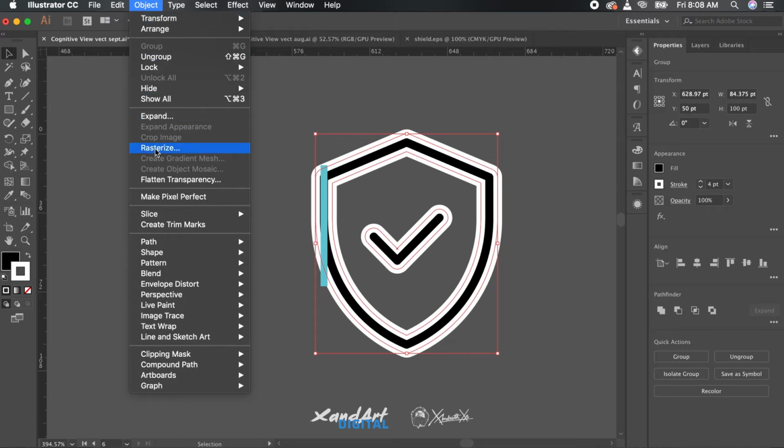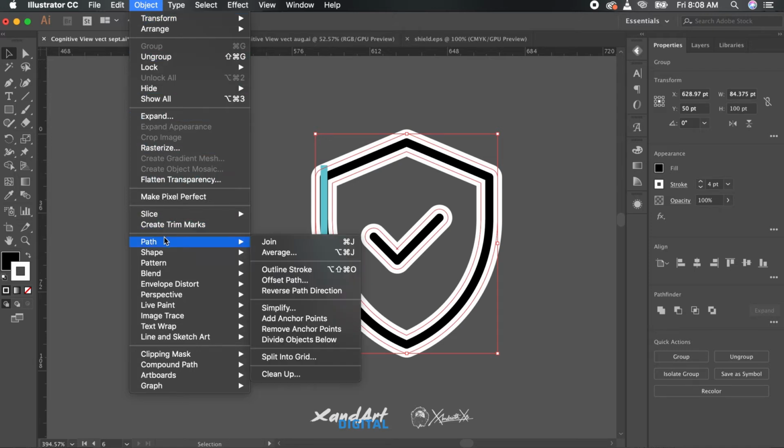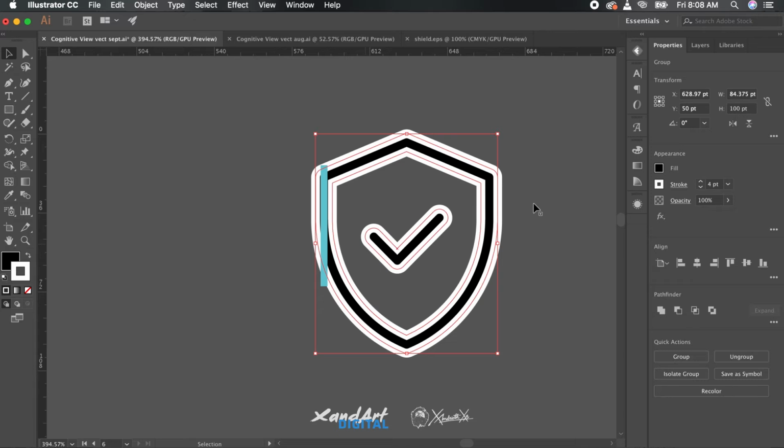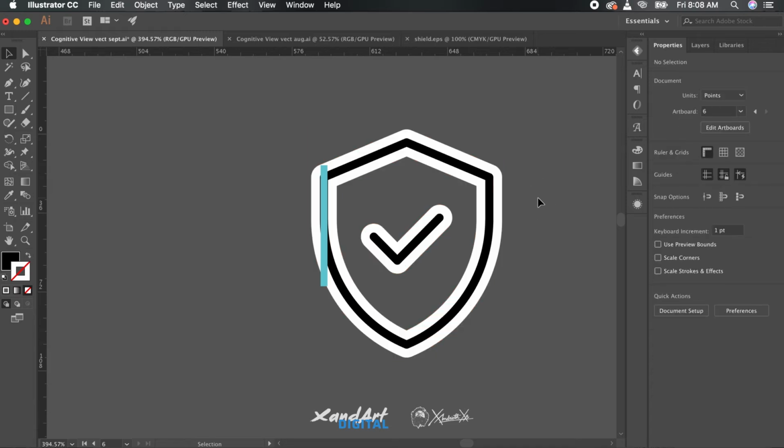Now we will outline the strokes. To outline the stroke, select the icon, the object, go to Object, and you'll get an object menu, and from there you will get an option to outline the stroke. As for me, I use the option of outlining strokes a lot, so I have created a personalized shortcut for that. You can do that too from the preferences option from the file menu. The shortcut I created, which I use, is Command Shift O on Mac or Control Shift O on Windows.